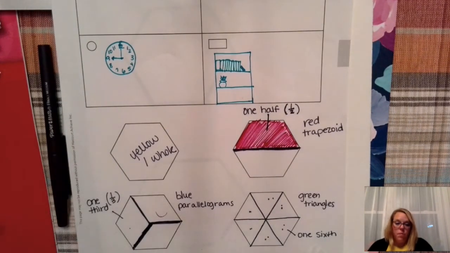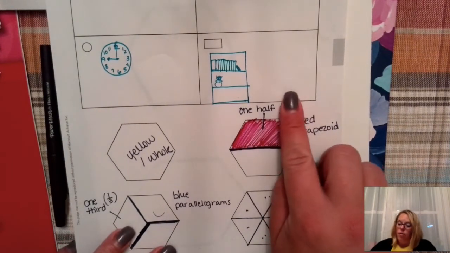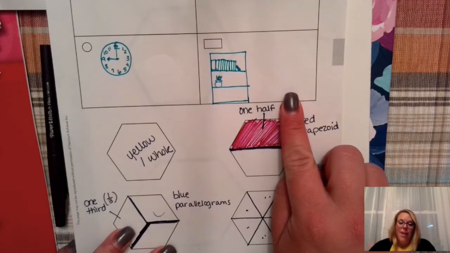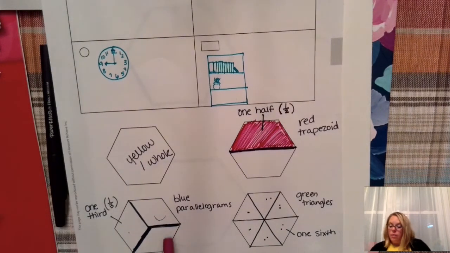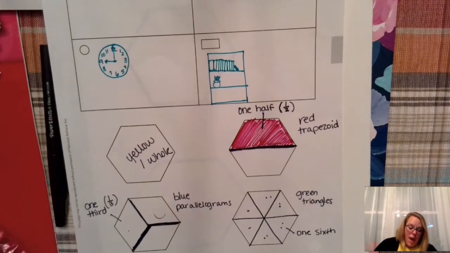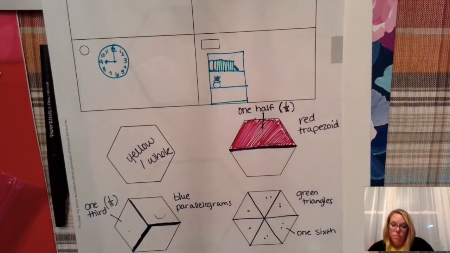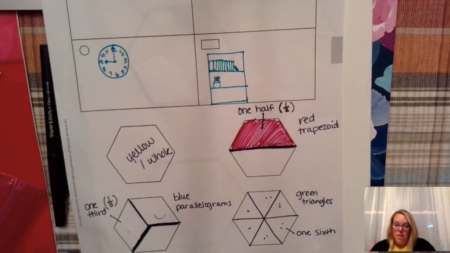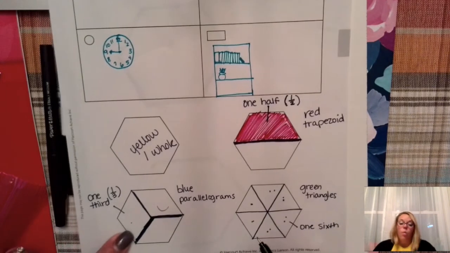Okay? Now, then you need to take your pencil and do what I did here with the 1/2. You don't have to draw this, but you need to write 1/2. Okay, make sure that says 1/2. Now, how many parallelograms did you use to cover the hexagon? You used 3, didn't you? And were those 3 all the same size? Yes, they were. So, if the 3 pieces are the same size, we can say each piece is 1/3 of